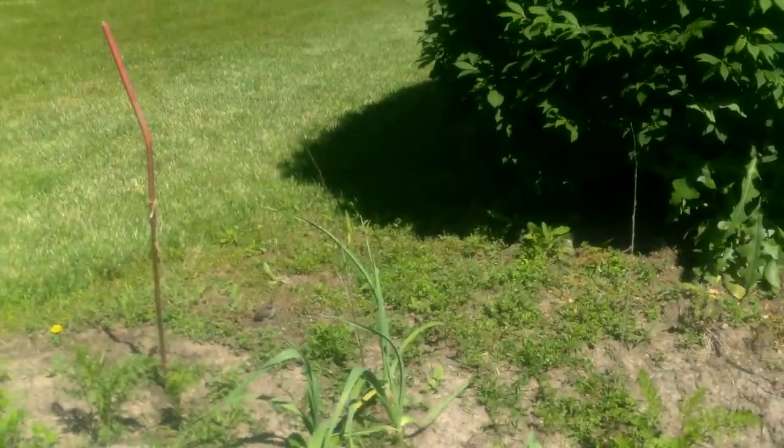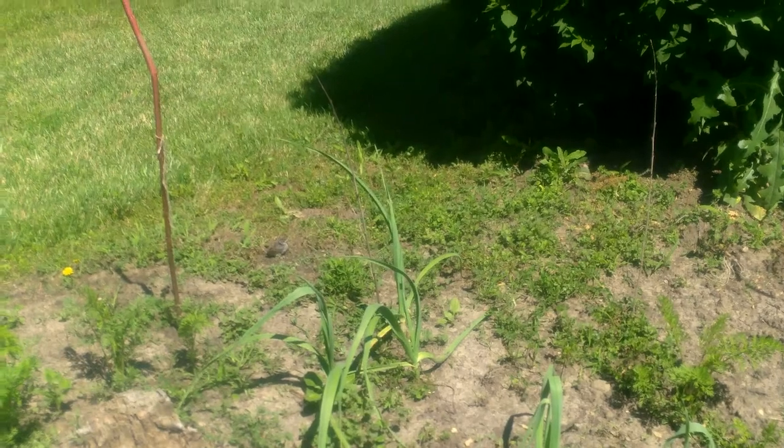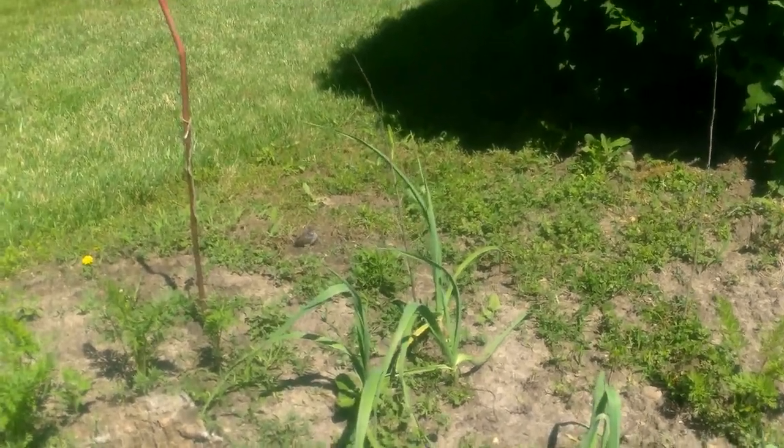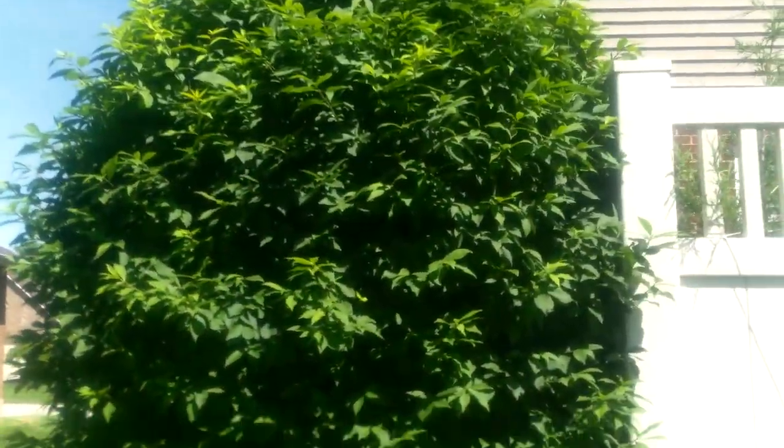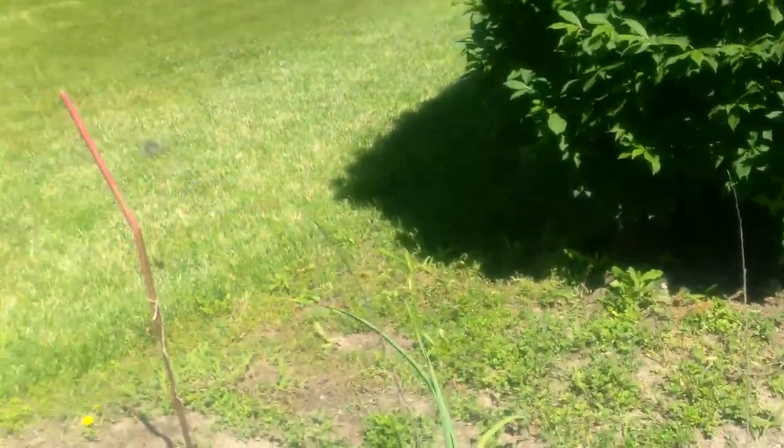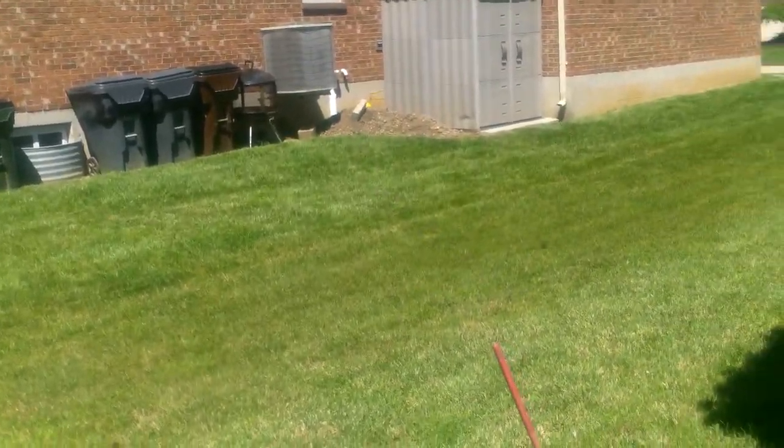Oop, there's a bird. Hello, birdie. It's a little bird. Yeah, it's a baby bird. I think they're living up in this hedge here. Anyway,